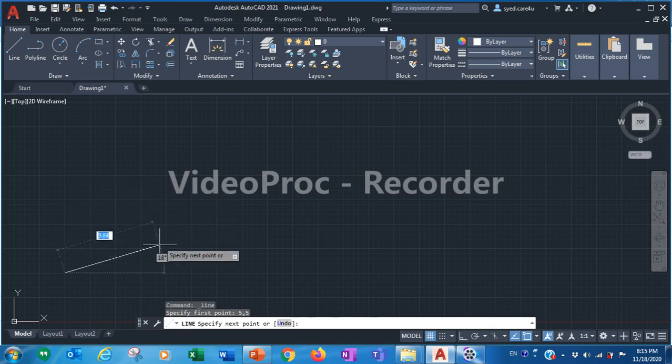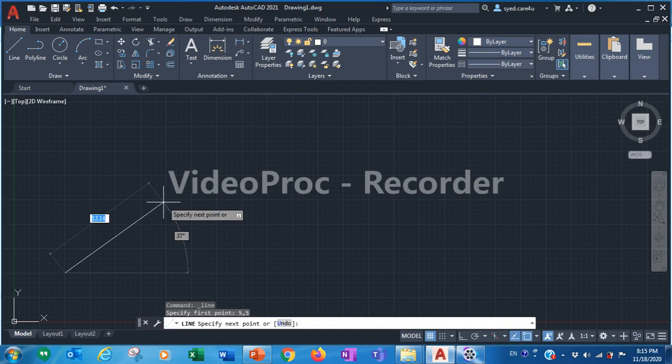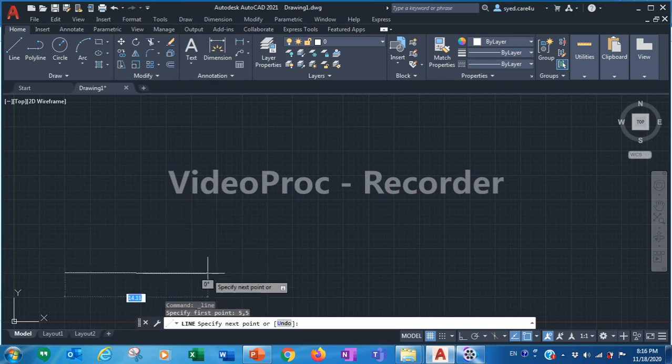You can move the line upside or downside. Whenever you move it, the angle and the length are shown here. The length of the line now is 12.14, and the angle is 37 degrees. If I move it like this, the length is 12.32 and the angle is 50 degrees. So I can freely move it in any direction, no problem.